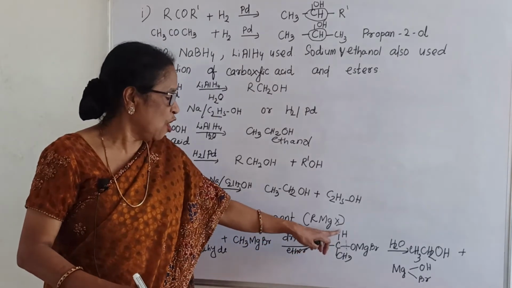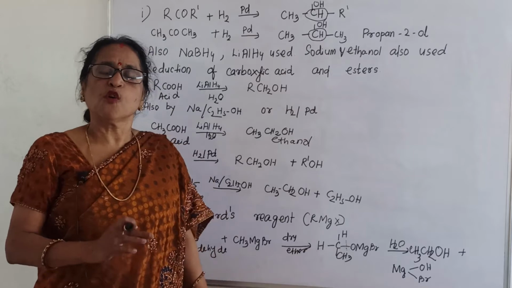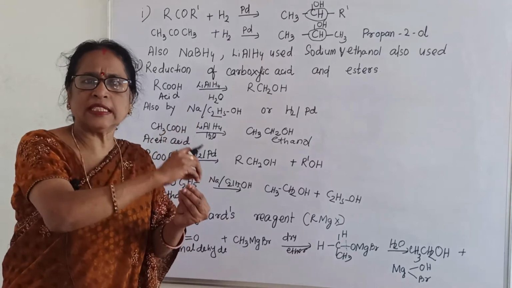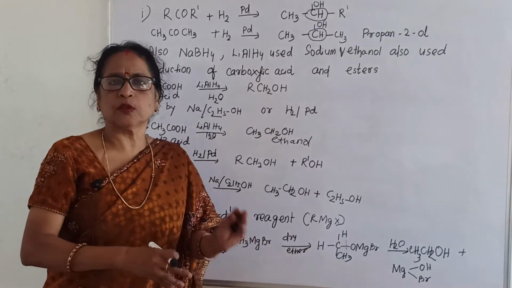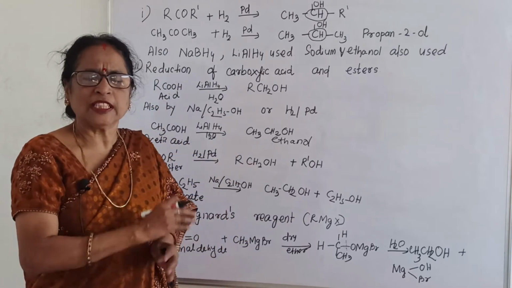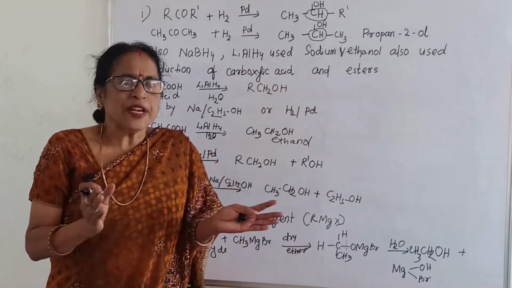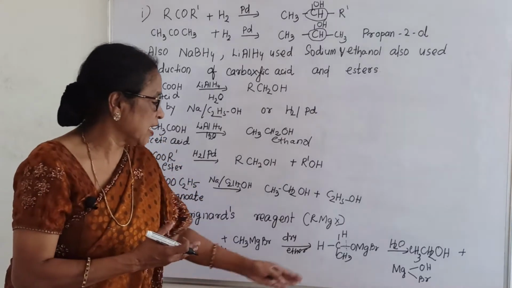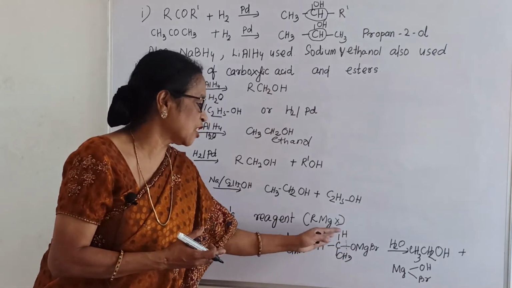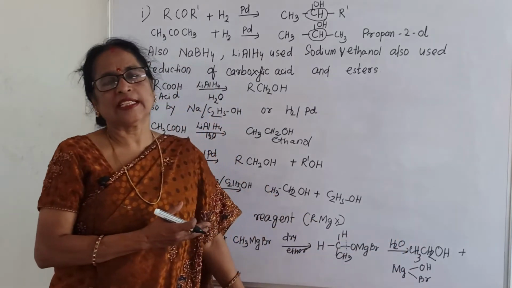This carbon in the middle has one side hydrogen, the other hydrogen, and the third side CH3, and the last one OMgBr. Because you know carbon has 4 valency, the 4 valencies are satisfied by 2 hydrogens, 1 methyl group, and the last one OMgBr. But this compound is very active. That is an intermediate compound. When it reacts with water, the reaction takes place immediately. Then what happens? Here it is breaking, and you will get CH3CH2OH as one product, and the other product Mg with Br and OH, as byproduct.